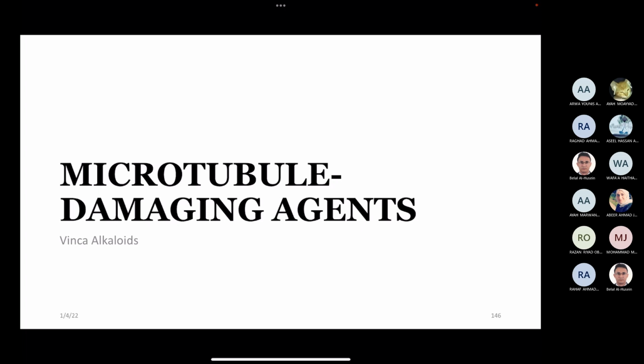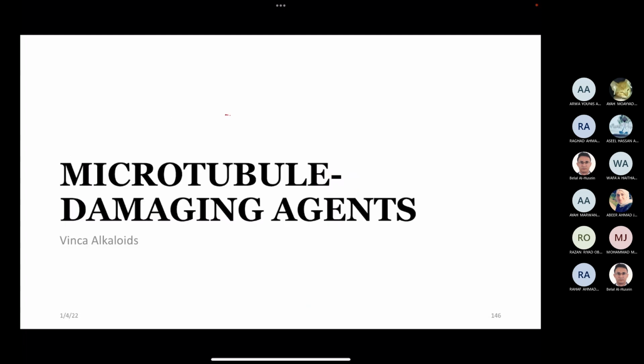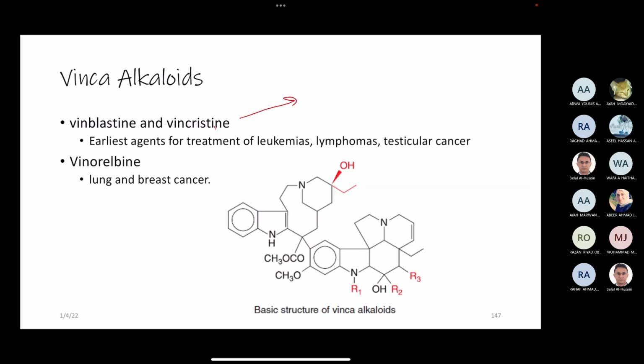Now, we mentioned the antimetabolites, we mentioned alkylating agents. Now we will talk about the naturally occurring agents. The first group is microtubule damaging agents. There are many ones. The major two are vinca alkaloids and taxanes. Now, vinca alkaloids include 4 drugs, vinblastine and vincristine, which are historically the oldest ones. Maybe I didn't mention them in the previous lecture, but for vincristine,